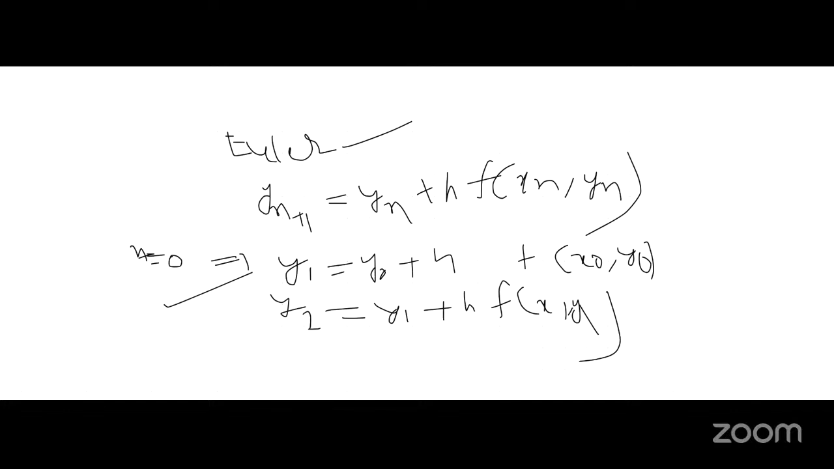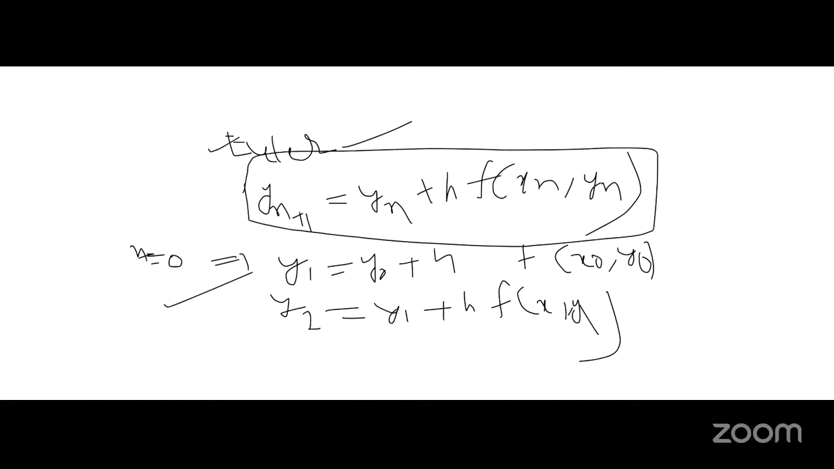So this is Euler's method. You should remember this one, y of n plus 1. The Taylor series and Euler's method, you should just remember the formula. If you remember the formula, it's very easy. So one thing in numerical methods, all problems are depending on